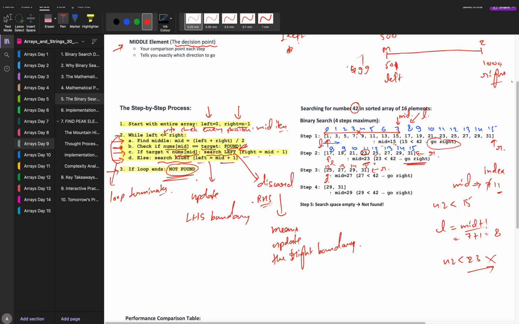Now again take left plus right divided by 2, so 12 plus 15, how much? 27. 27 divided by 2, how much? Base would be 13. 13 point something. Okay, here though it should have started with one more item. 27 से start होना चाहिए था. One more step it must take. Okay, so let me write it: 27, 29 and 31. Okay, 27th index is what? 13 है ना.